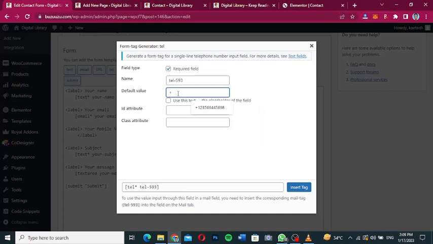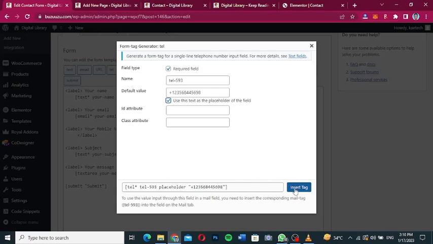So let's say we want to just type in your telephone number. So let's say 001 or maybe +1 2 3 4 5 6 7 8 9 10 11 12, or whatever it is that I want to enter. And then I'm going to use this one as the placeholder. Okay, so I'll click over here, and now that I'm done, you see this one,